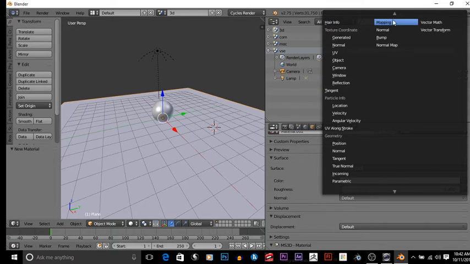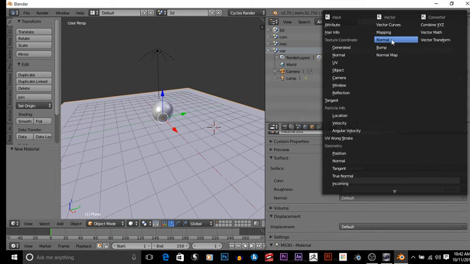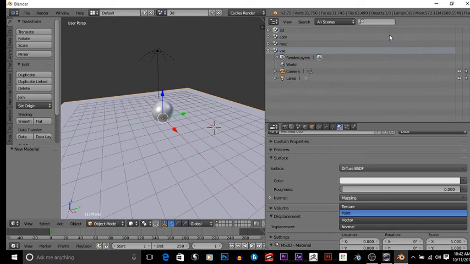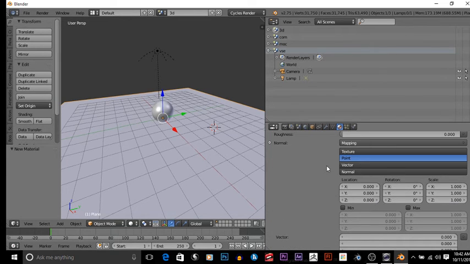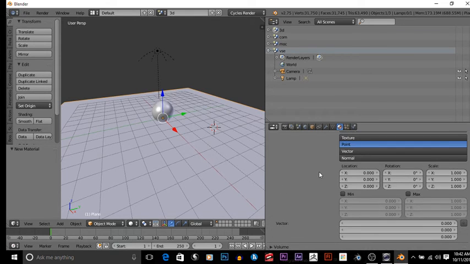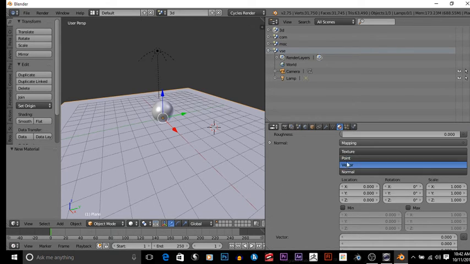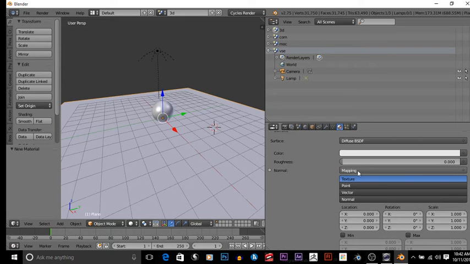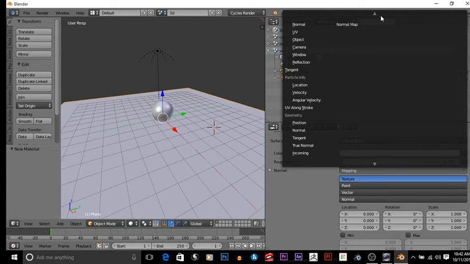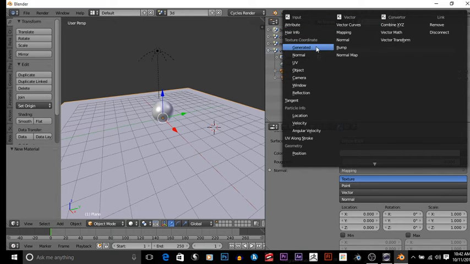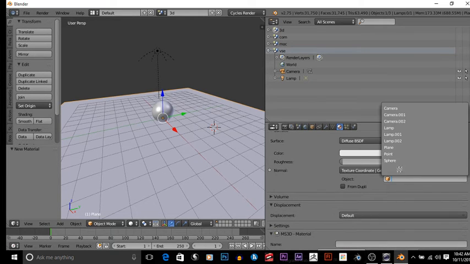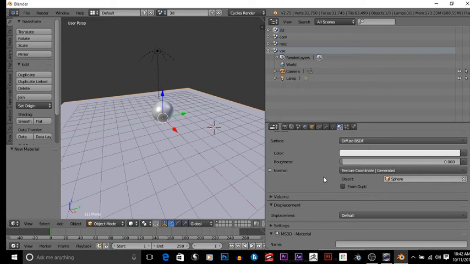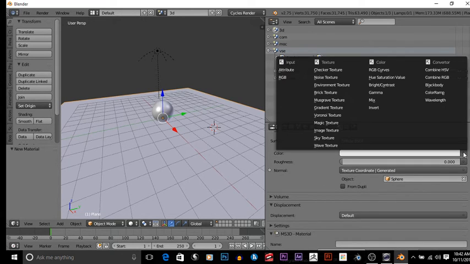Everything you have to import in here. It will take a mapping node, right? Point. You got point and vector and texture. That's what we're gonna use. But we're not gonna try to do a mapping node. I will generate it. And I'll generate it on this sphere. Okay, and then I'll use